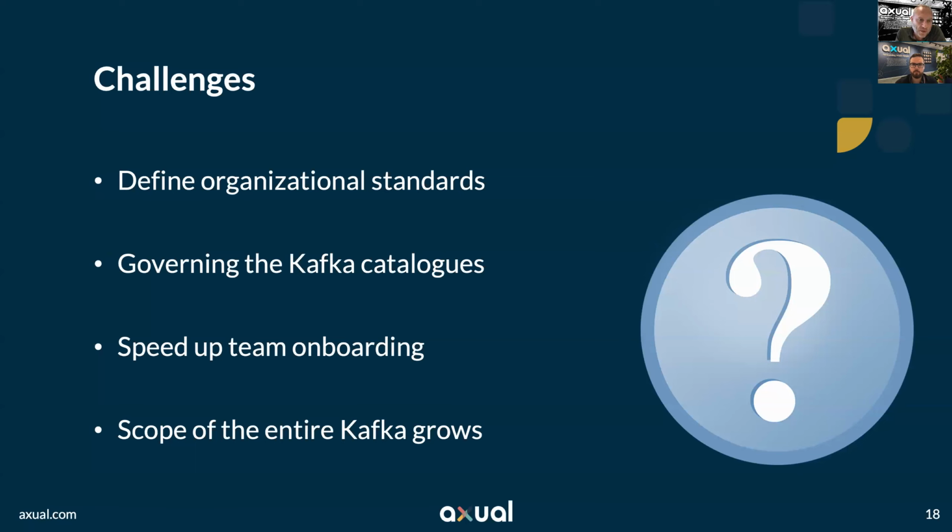And also the scope of the entire Kafka grows, which means that Kafka may be a component that payment processing starts to depend on, or customer support starts to depend on, or, I don't know, mortgage status updates start to depend on. And as Kafka becomes a crucial element in many of these processes, that means that you have to make sure that the SLA of Kafka is in place and the organization is supported in all the right ways.